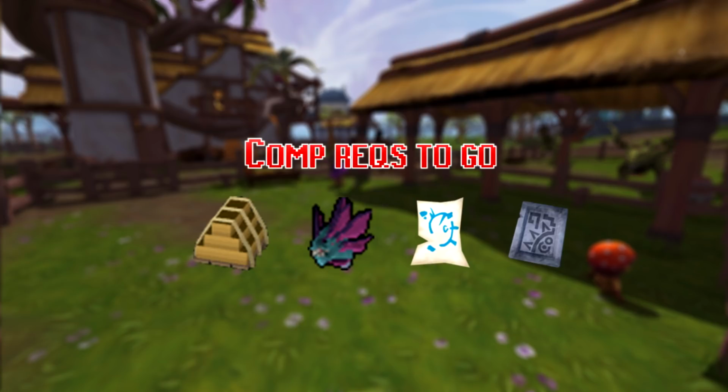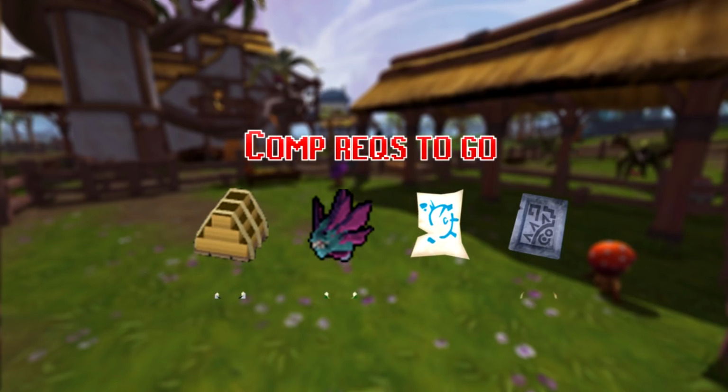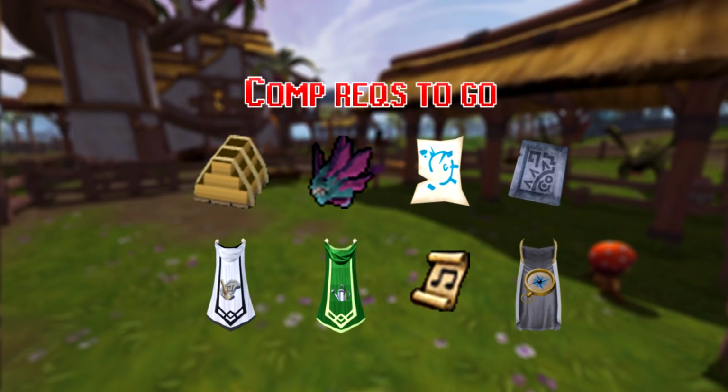And then you've got the two master capes, so the master archaeology cape of course, which is what I work on most of the time when I'm AFKing, and the master farming cape, which I'm really close to. Got the music tracks to unlock, which will be a byproduct I guess of getting the quest cape. Now the quest cape there indicates I need to do both all the regular quests as well as the mini quests,